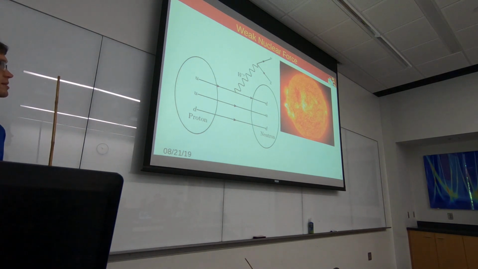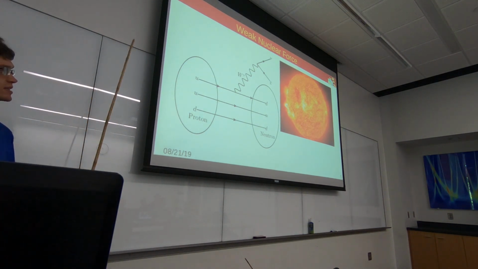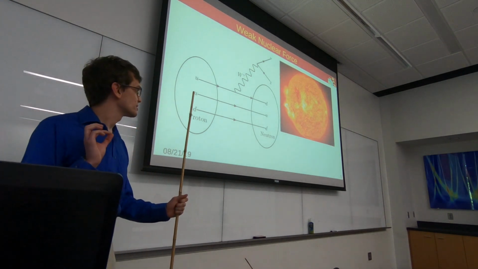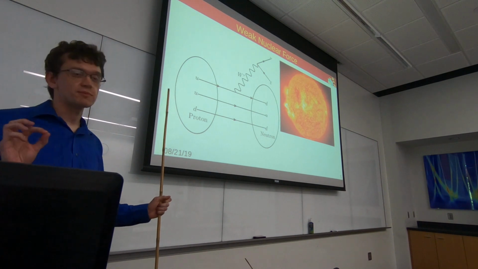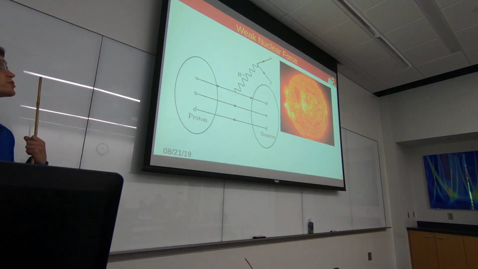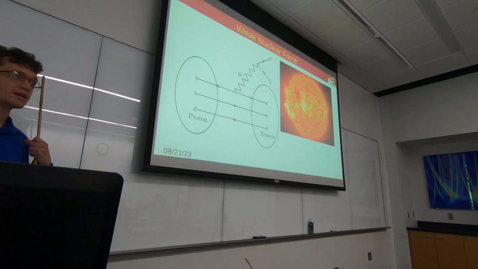Now, the W is very massive, at over 80 times the mass of the proton. And there's not a ton of free energy here, because we're talking less than the order of the neutron minus proton mass difference. This means that the W is going to be very virtual, which makes this process very slow, which is the reason why